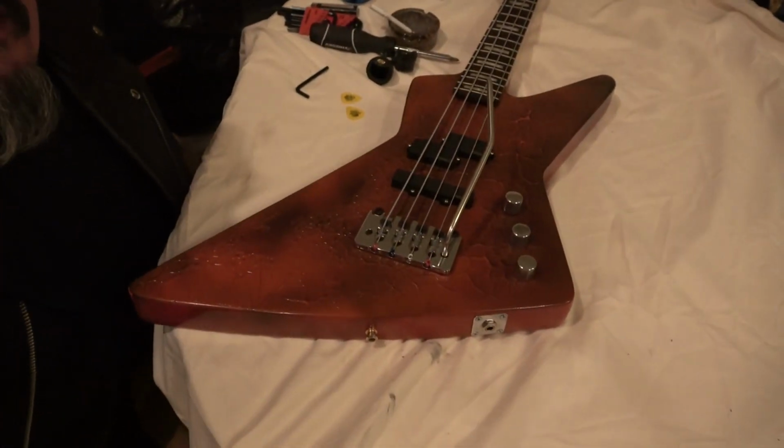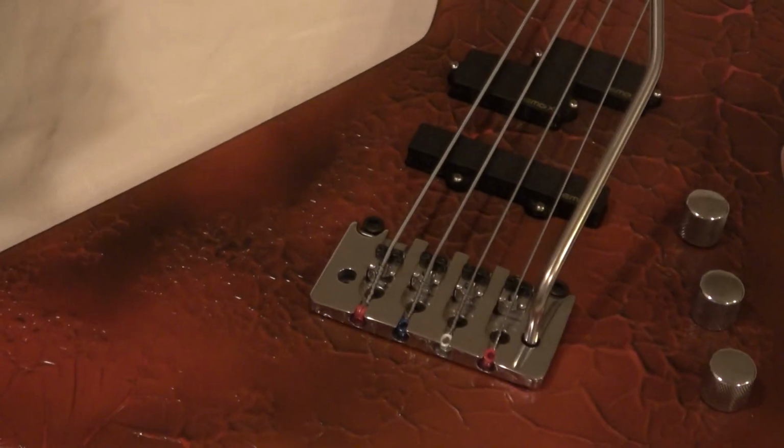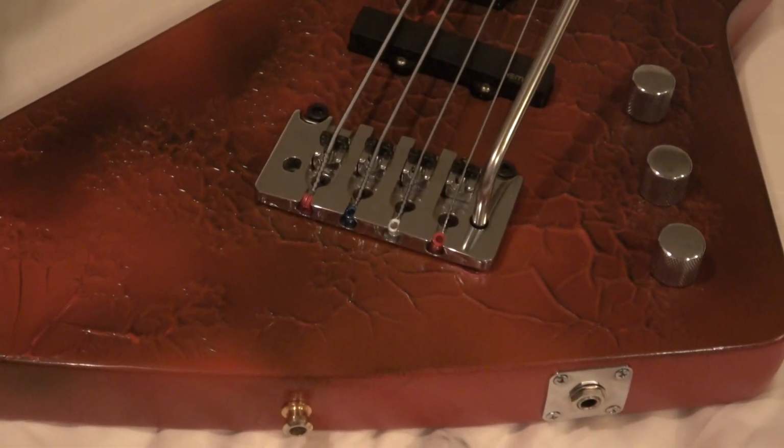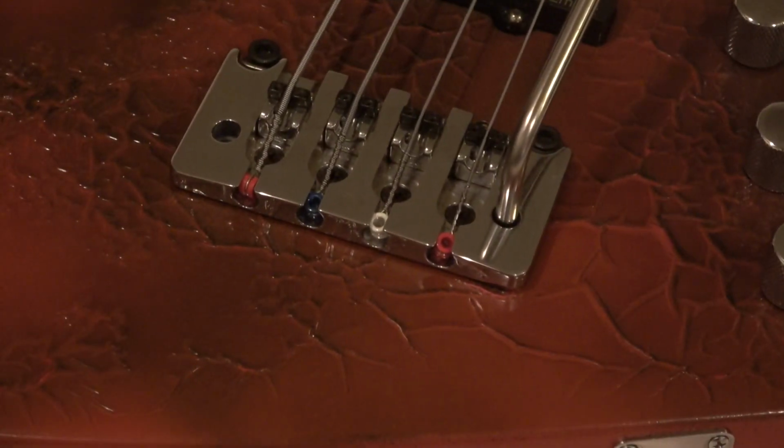I'm going to focus the camera down right now onto the bridge. And I'm going to zoom in. Okay. Let's give it a little zoom. Okay. And get the camera correct. Okay. And a little further zoom. Now, I'm going to show you something here. Okay. On this